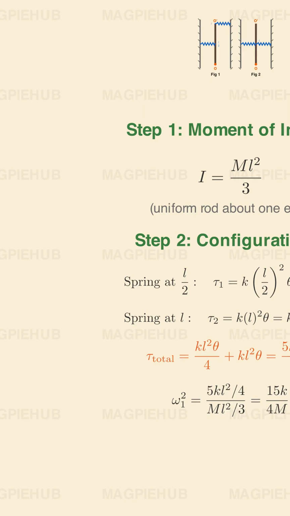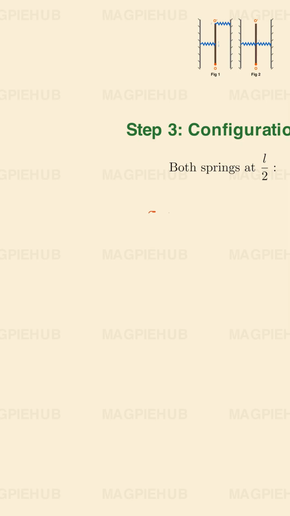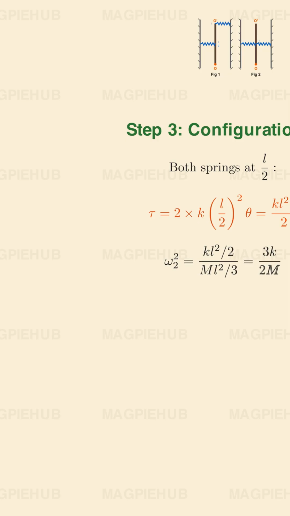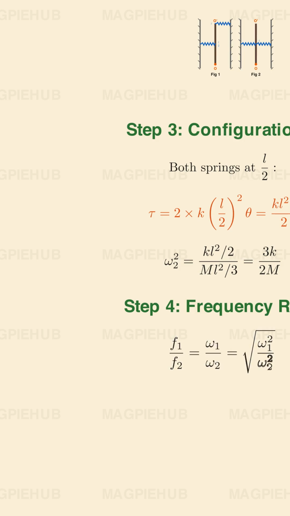Now let us analyze Configuration 2. In Configuration 2, both springs are at the midpoint, distance L by 2 from the hinge. Total restoring torque is 2 times K times L by 2 squared times theta, which equals KL squared theta by 2. So omega 2 squared equals KL squared over 2 divided by mL squared over 3, giving us 3K over 2m. Step 4. The frequency ratio F1 by F2 equals omega 1 by omega 2,